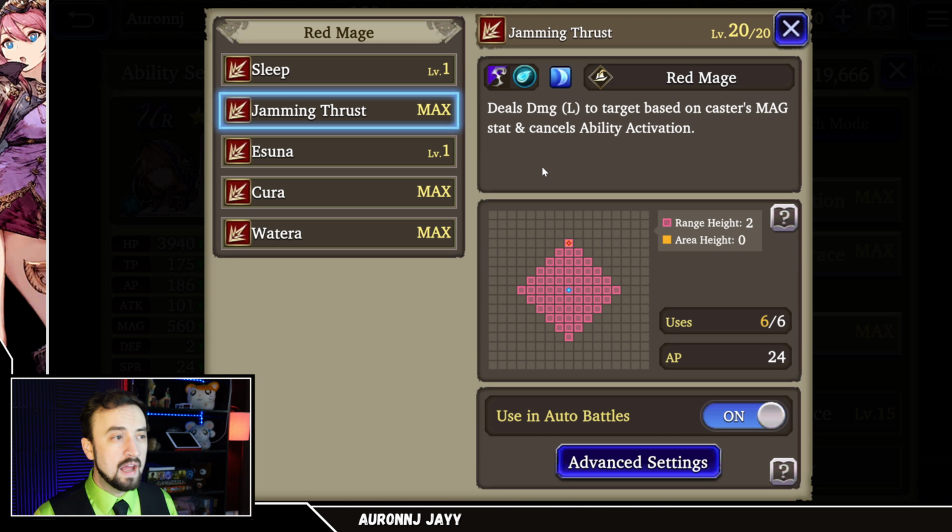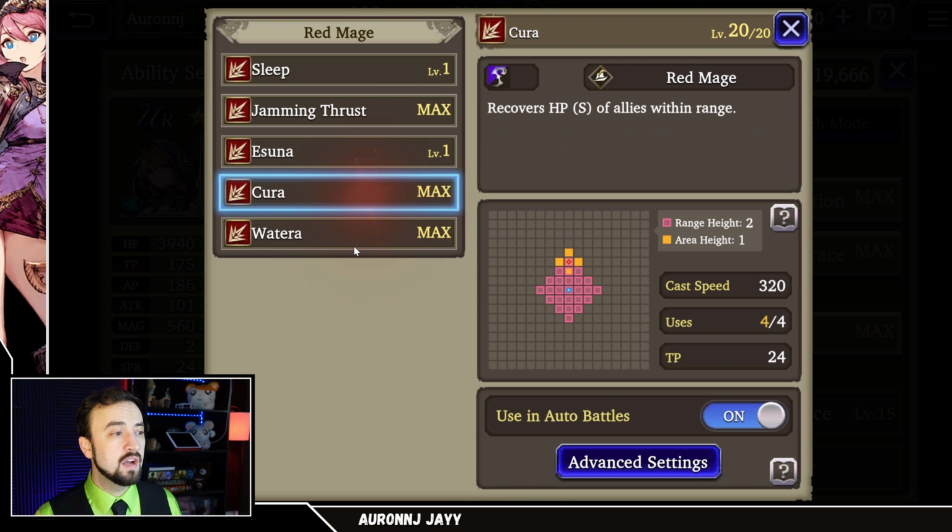Okay, she also has Red Mage. Red Mage gives her access to Jamming Thrust, a really long range ability. I don't like this on short maps because it will prevent her from casting her shield, because it's very easy to get in range to Jamming Thrust somebody on turn 1, but it does give her access to Asuna, Kira,